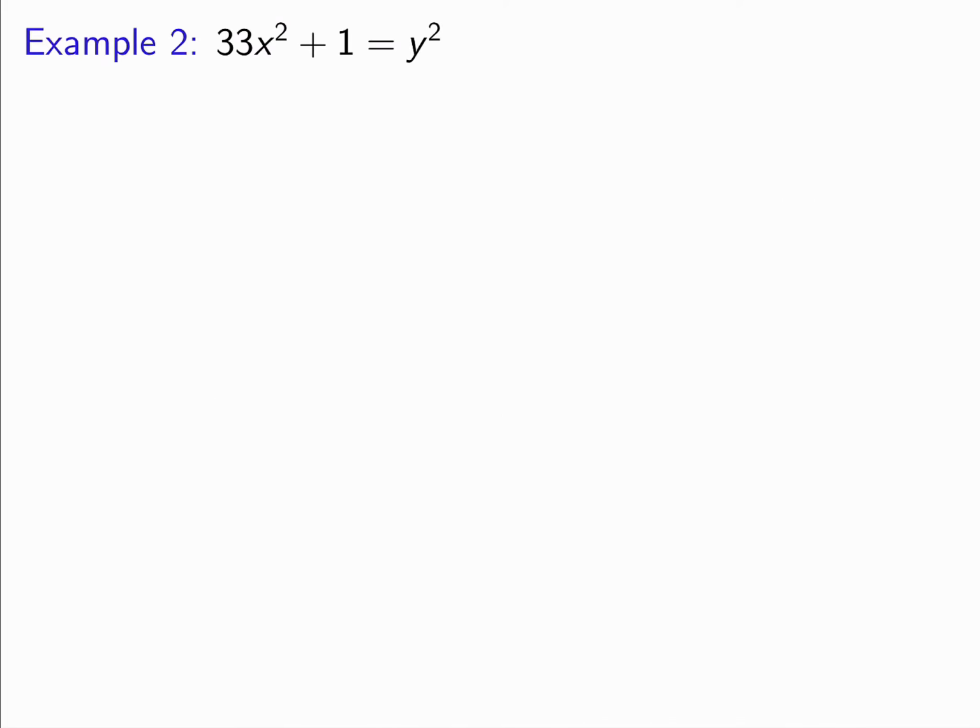So let's look at this example, 33x squared plus 1 equals y squared. So this is a situation where I'm going to try something a little bit different. I'm going to look at 33x squared plus b equals y squared. And I'm going to find a solution for this alternate situation. My additive isn't a 1 anymore, it's a b. I'm going to come up with a different number possibly to go there. I'm going to come up with a different solution and then hope I can alter it into a correct solution